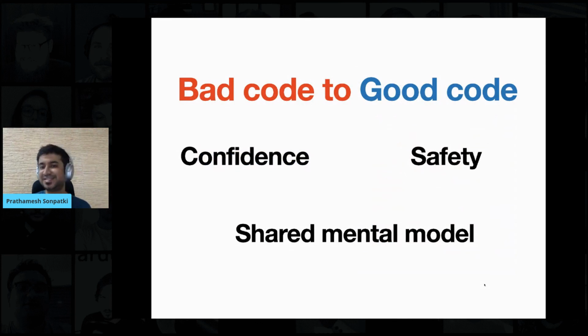So now, after doing these three things, restoring the confidence, having a safety toolkit to basically save us from the temptations of doing things in a different way in future, and having a shared vocabulary that we can share with our team members in a better way, we have sort of moved away from our bad code, and we can say that the code is in a decent shape now. Following these three practices to the T helped us improve our code base. We sort of rescued it from the bad shape and made it more reliable.